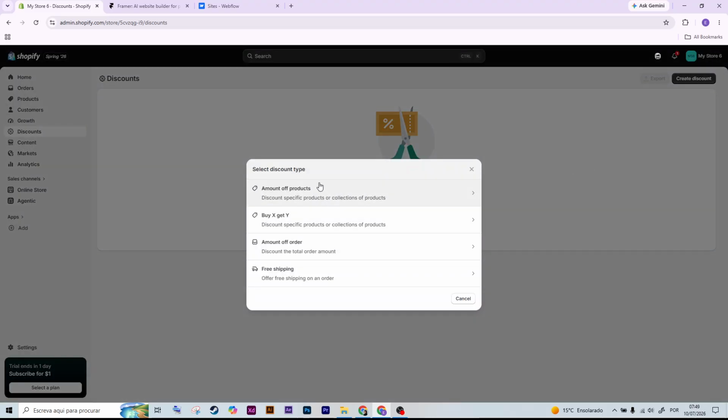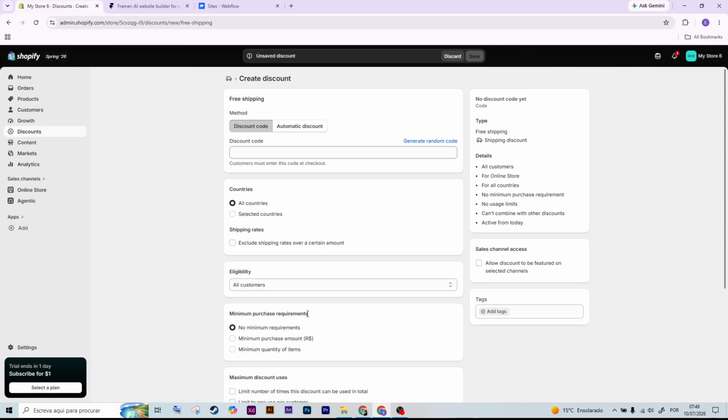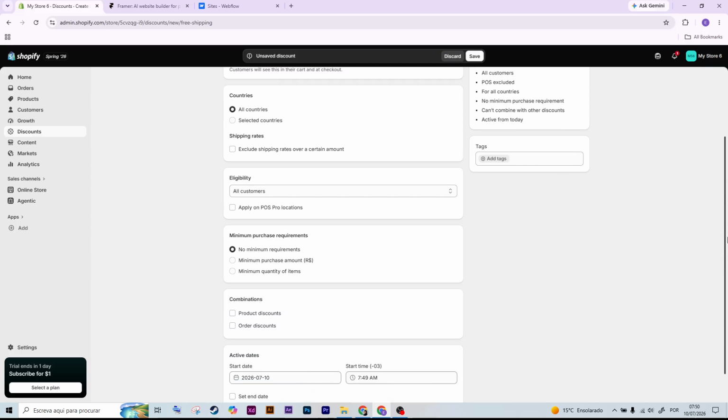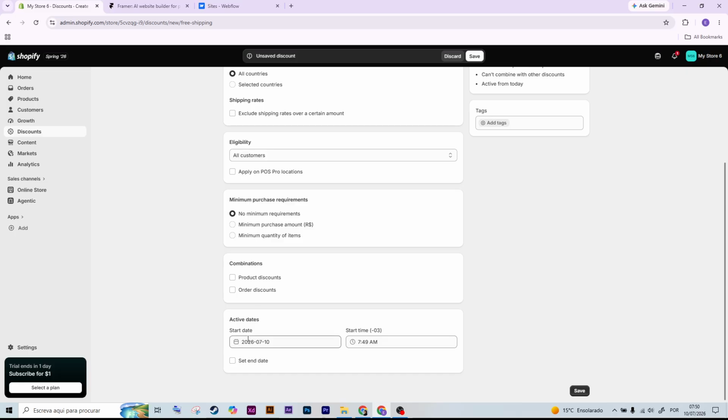Now select Discount Code as the discount method. Next, enter the code you want customers to use at checkout, or click Generate to let Shopify create one automatically. After that, choose the discount type, such as a percentage off, a fixed amount off, free shipping, or a buy X get Y promotion. Now configure the discount value and choose which products, collections, or customer groups the discount will